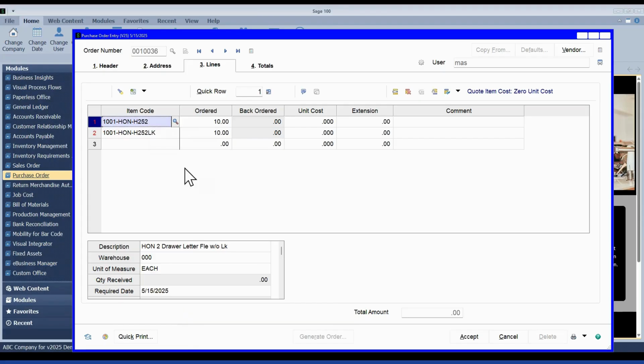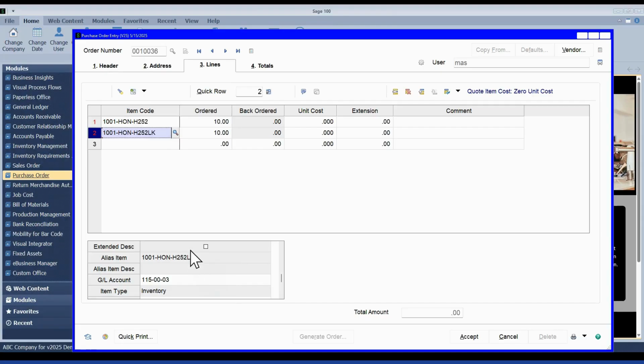If you have, and I don't know if I set this up, let me take a peek here. If you have alias information, these ones look like they're just the same. If you have alias information for the vendors, when you print the PO quote form that we're going to see in just a moment, it will use their alias information for each of those forms by default, so that each vendor will get the PO showing their numbers rather than anybody else's. If there is no alias information, then it will just use your item code.